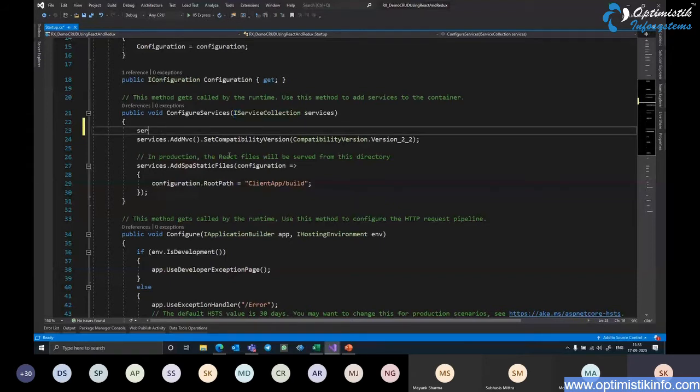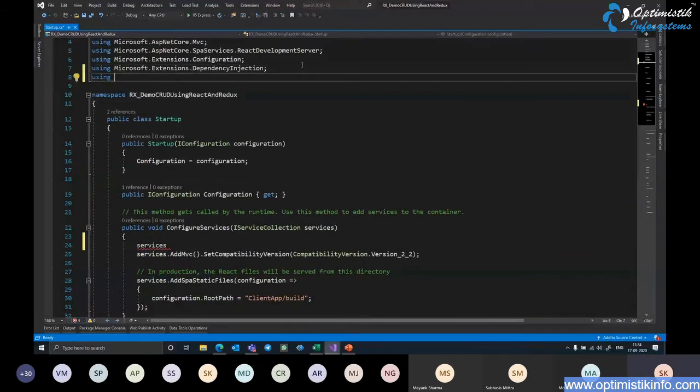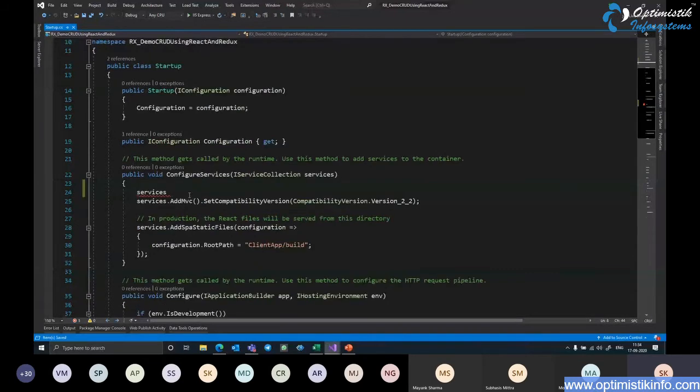So here we go and say services. In fact, before that, we should implement the import statement for the Models namespace, which is available as the nested namespace of our project namespace. So import the Models namespace, and then I say services dot